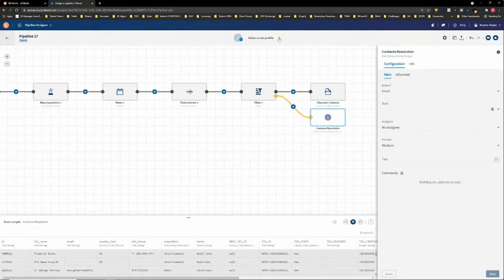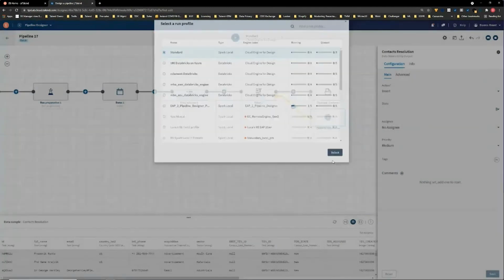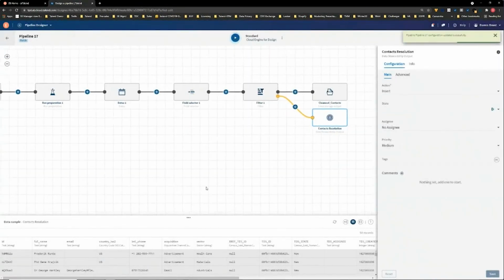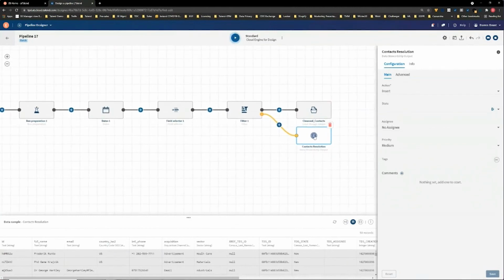The last thing I need to do here, as we mentioned before, is about deciding where to run this workload. And here you can see a whole bunch of different target execution environments that we could run this on, whether it's Databricks on Azure or standard cloud engine within Talend itself, or indeed local work engines that individuals are managing. Here I'm just going to select our standard cloud engine, and now my pipeline is ready to run. And what should happen here is we take our raw CRM information, we apply our business users preparation, our marketing ops users preparation, and finally we drive stewardship campaign to resolve, and wherever we have cleanse contacts, we create a new outcome here called cleanse contacts.